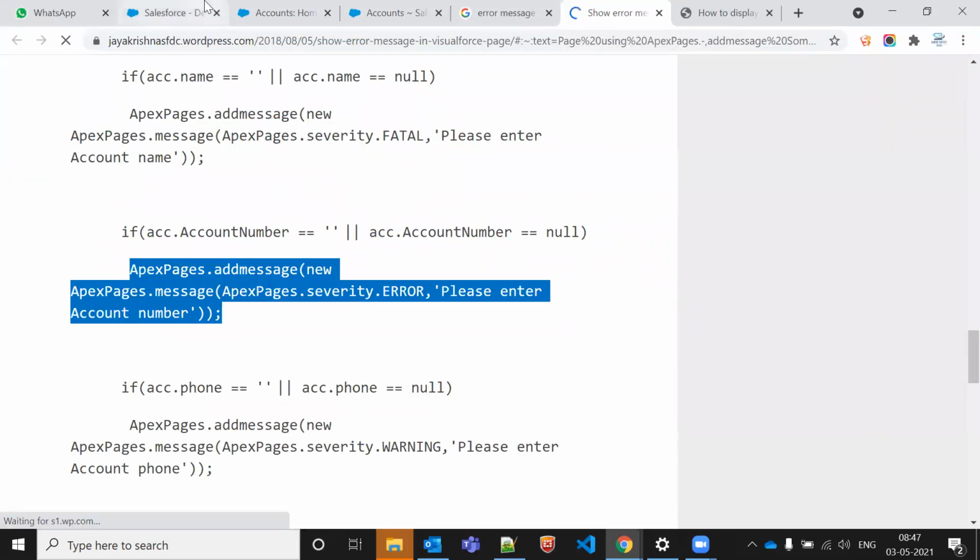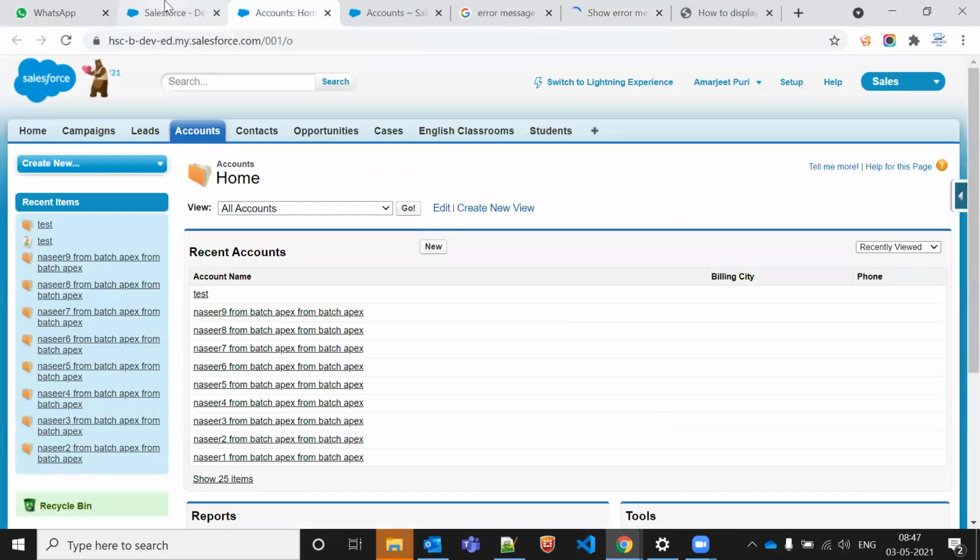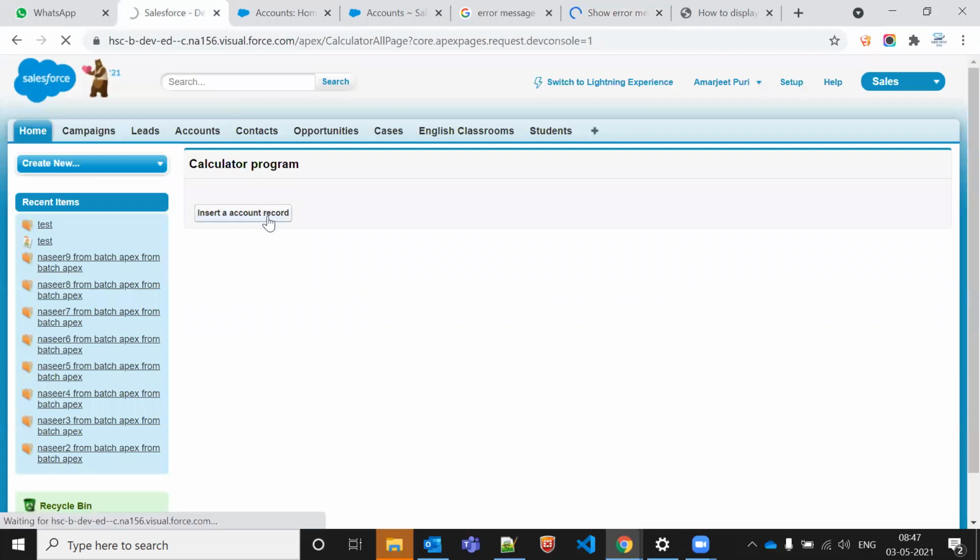Let's go to the Visualforce page. Please try again later. Okay, it is showing the error message. So let's make it red. This is nothing but the exception in the background, but as polite behavior, to build a good bonding with clients, we can do it like this so it will not impact our business.